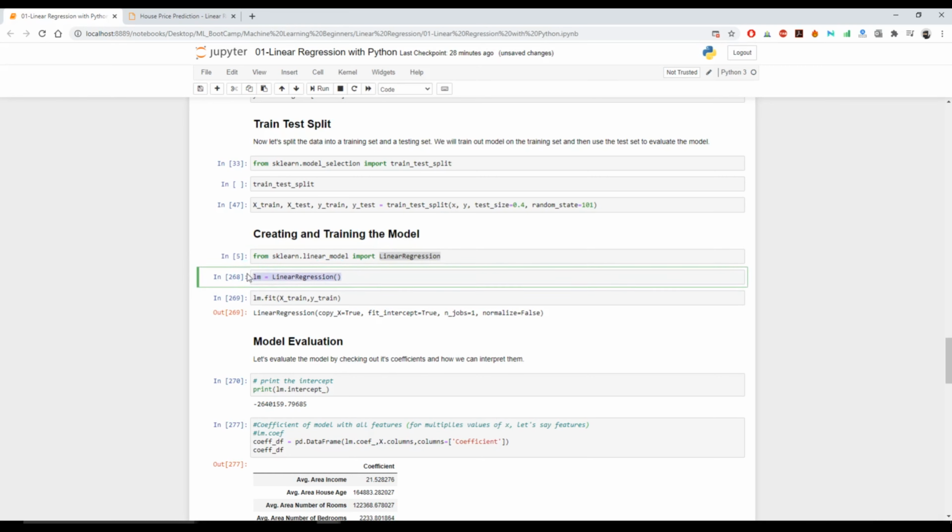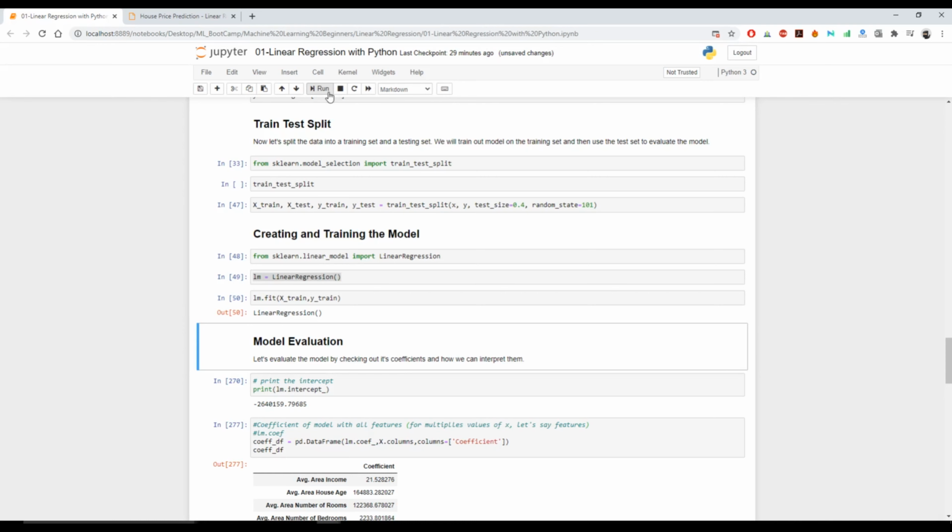Once this part is done, in an lm, if I do lm.fit, I'm going to execute this, then lm.fit, and it is fitted with X train and Y train,